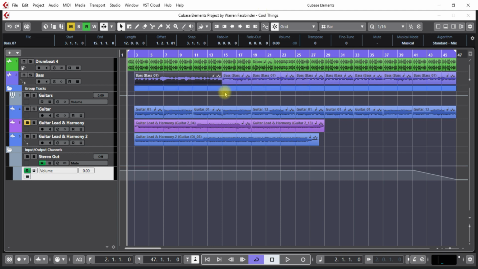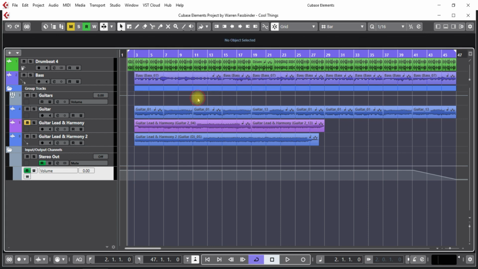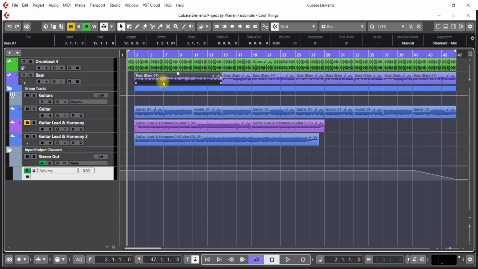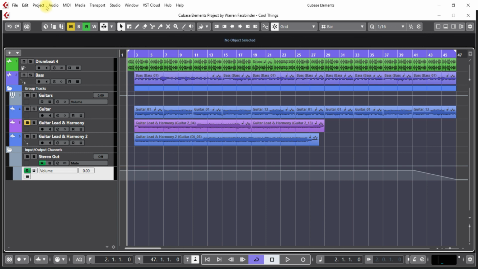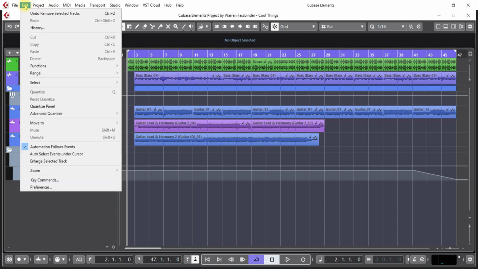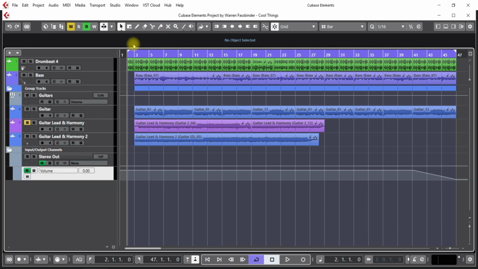So that pretty much covers that. There's a feature too, like let's say that you're playing along here, you really can't tell, like it's highlighting with the cursor and showing me how long these clips are. But what if I wanted to see these clips playing as the playhead goes over, that it would actually select it like this? Well, how you do that is go into the edit and check off auto select events under cursor. So now when I play this,